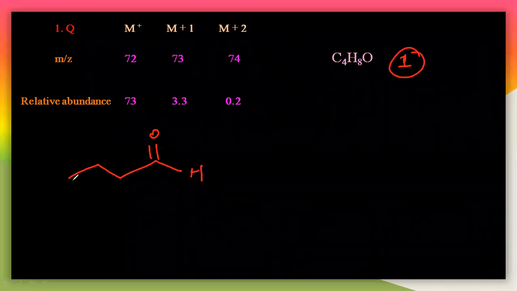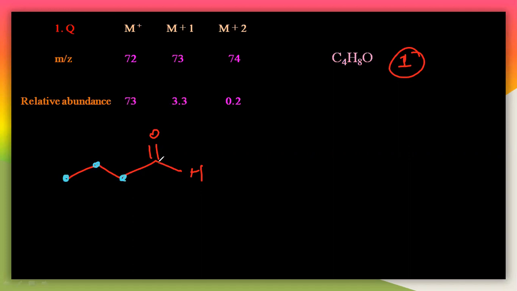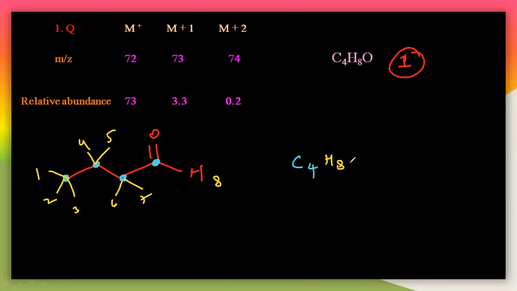So see here, how many carbons are there? Here this is 1 and 2, 3 and the 4. Very good. This is a C4. How many oxygens are there? So 1 oxygen. Okay, very good. Hydrogens, we have to check whether the hydrogens are there. So there will be 3 hydrogens here, 2 hydrogens here, and here also 2 hydrogens, and here 1 hydrogen. So this is 1 hydrogen, second, third, 4, 5, 6, 7, and this is the 8th hydrogen. So C4H8O. So 1 oxygen. So this is the structure of this particular C4H8O.